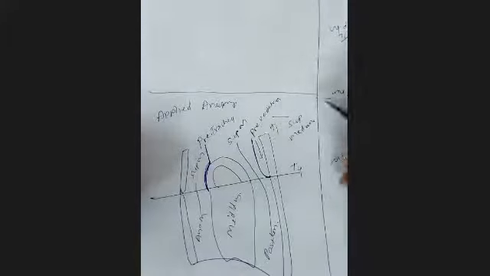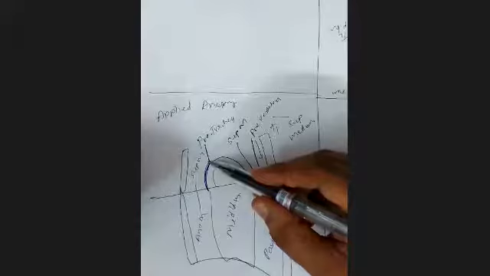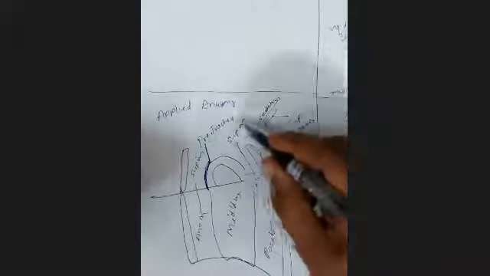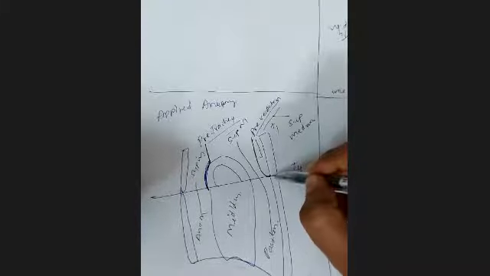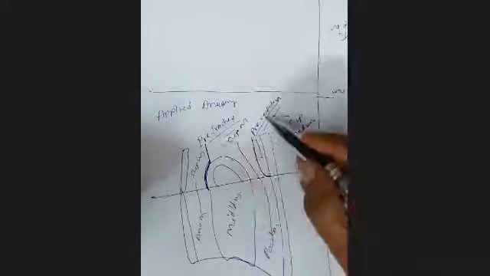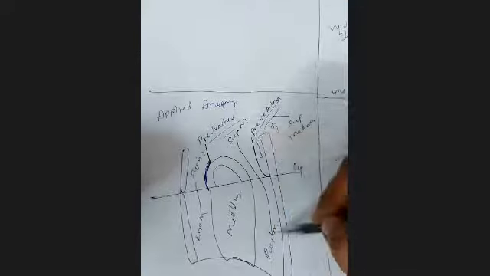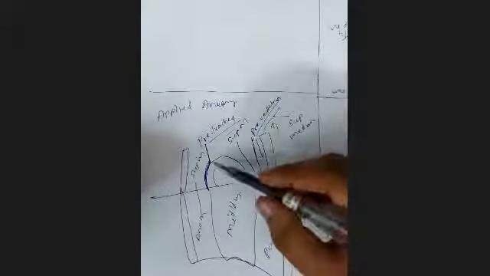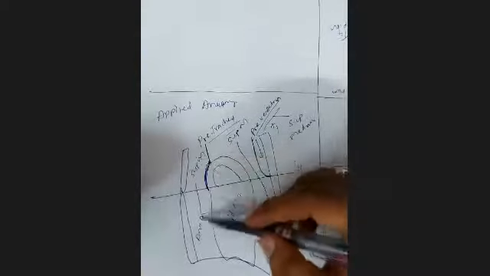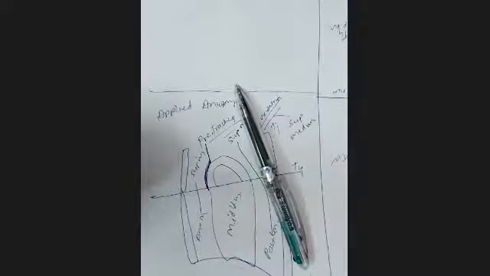I'll repeat again. This is the pretracheal layer of cervical fascia, fascia of the neck. This is the prevertebral layer which gets attached at T4. So pus behind prevertebral gets restricted to T4, so remains in superior mediastinum. Pus between pretracheal and prevertebral passes from superior to posterior mediastinum, and pus anterior to pretracheal passes from superior mediastinum to anterior mediastinum. That's about the applied anatomy of the mediastinum. Thank you so much.